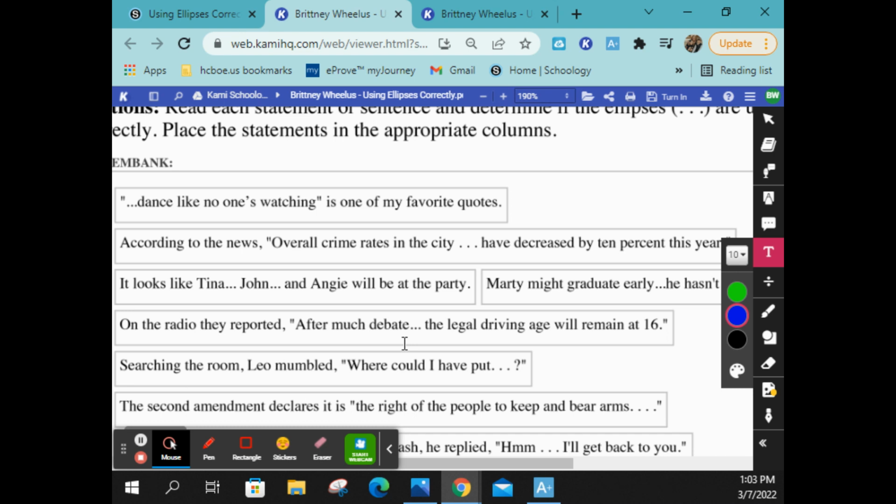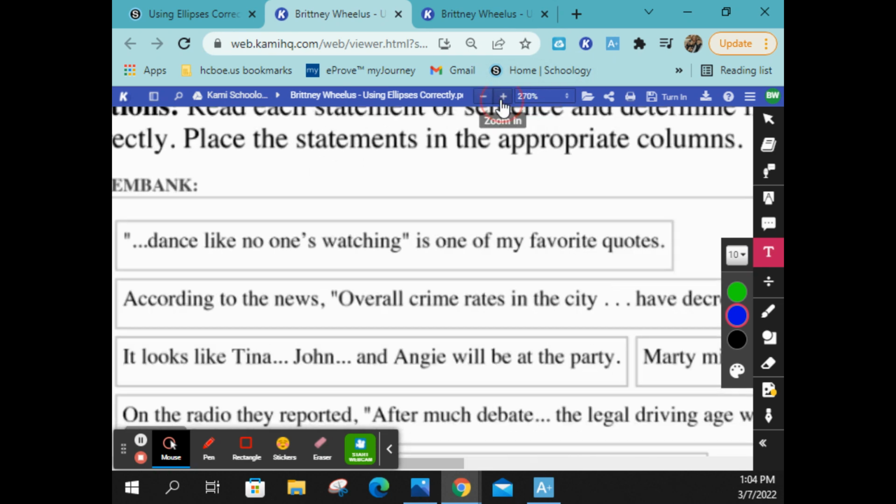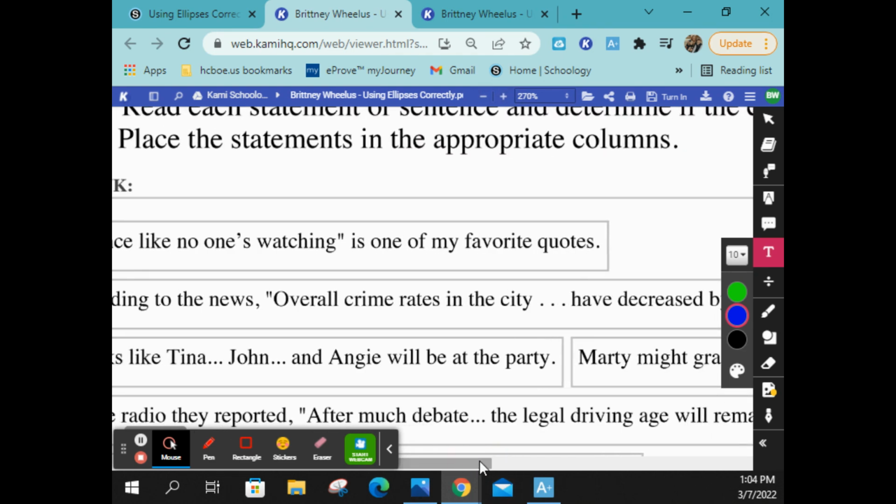Okay? I'm going to show you, using these examples on the board, exactly what I'm talking about. The biggest thing you need to do is to pay attention to this: you have to have quotes. You have to have a space before the ellipsis begins, a space after the ellipsis, and it has to close. Okay? So, all right, that's what we're about to look at. If you're looking at number 1 up here on the board, I'm going to zoom in just a little bit more so that you can see it. All right, it says,